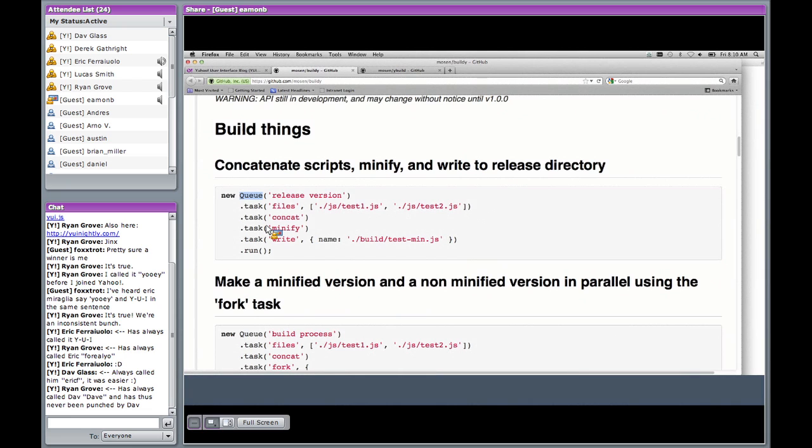So you can add anything you like to it, and it standardizes the way that all of these tools work with each other. As long as there's a task written for it with Buildy, you can include it in that build process.